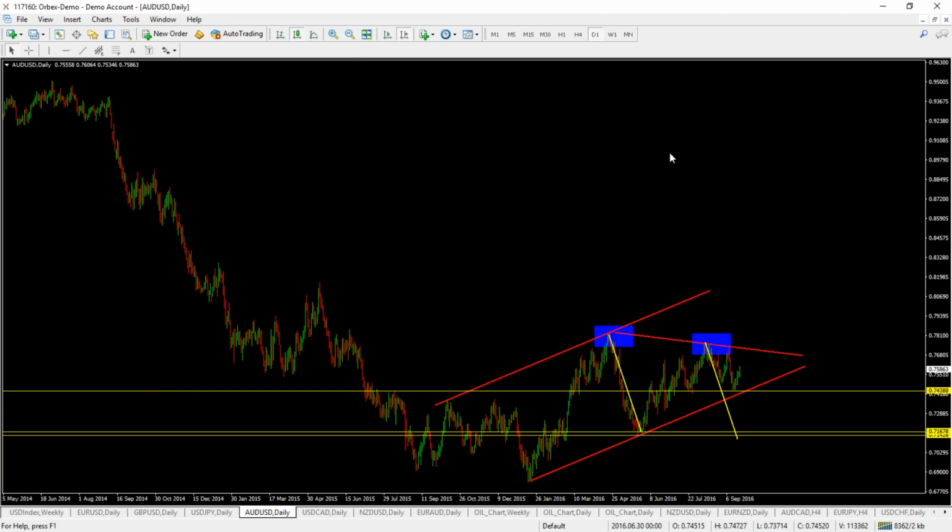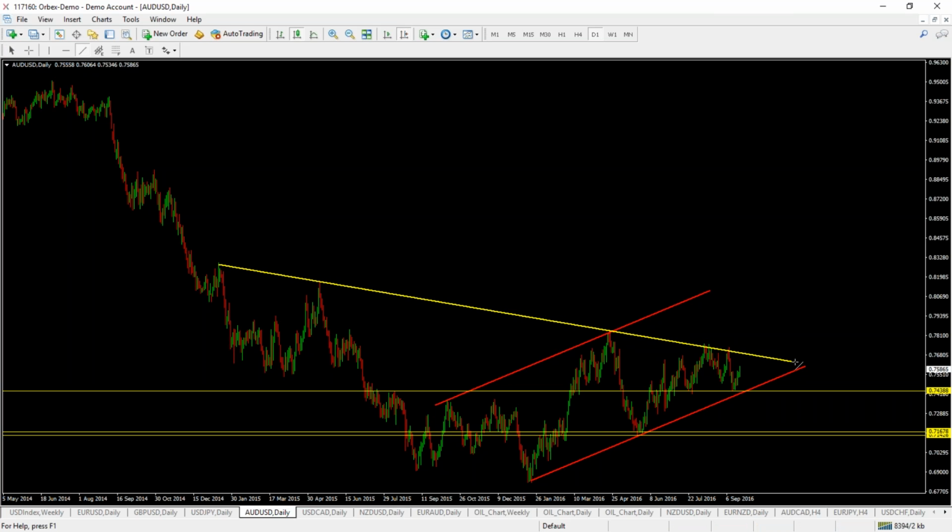Now again, in terms of considering the other side of the coin, if the FOMC fails to satisfy hawks and we get a move lower in the US dollar tonight, which again isn't the base case scenario but could happen, and this is why we want to prepare by looking for different technical scenarios, then the key level that we really want to consider with the Australian dollar is this longer term bearish trend line, which has run from late 2014 and has provided significant resistance for the Australian dollar since that point.